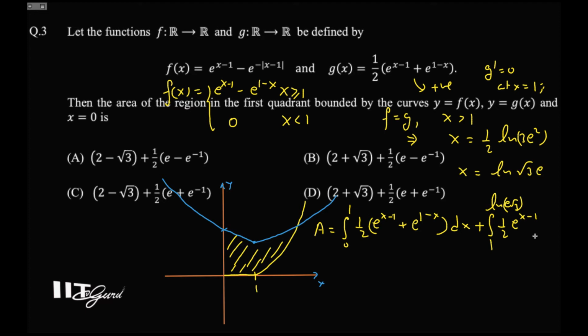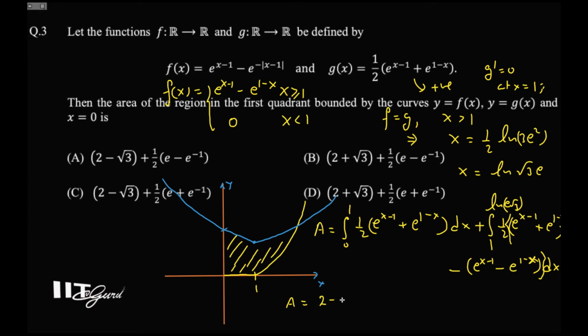x minus 1 plus e to the power 1 minus x, that is gx, and from this result you have to subtract e to the power x minus 1 minus e to the power 1 minus x, and this much you have to integrate, dx. Okay, fine. Here you have to consider this half. You can take out the half. So finally, if you integrate this,